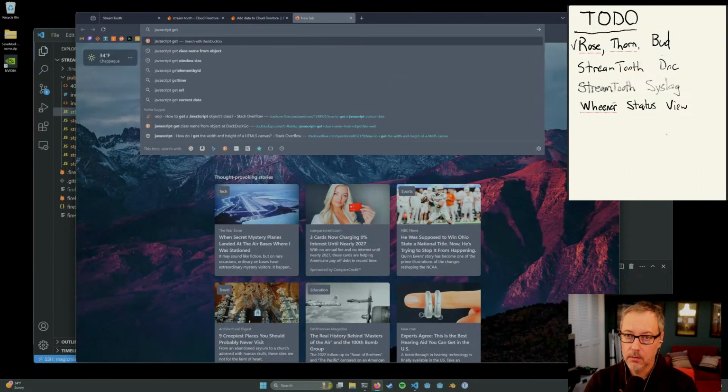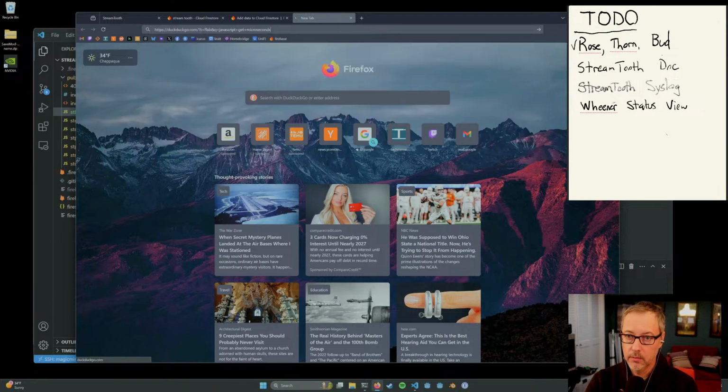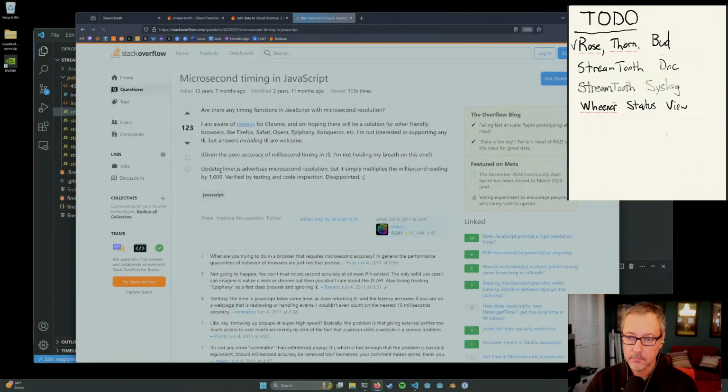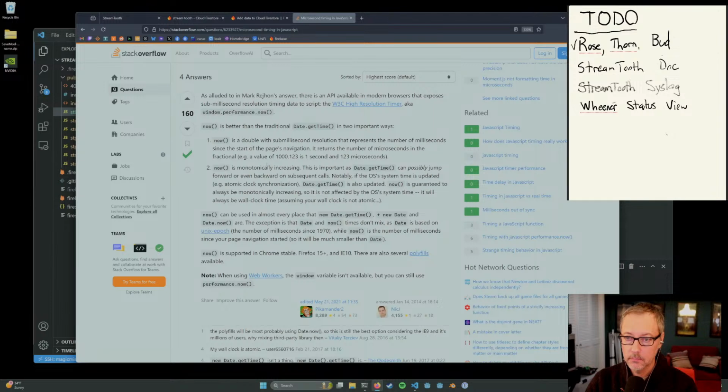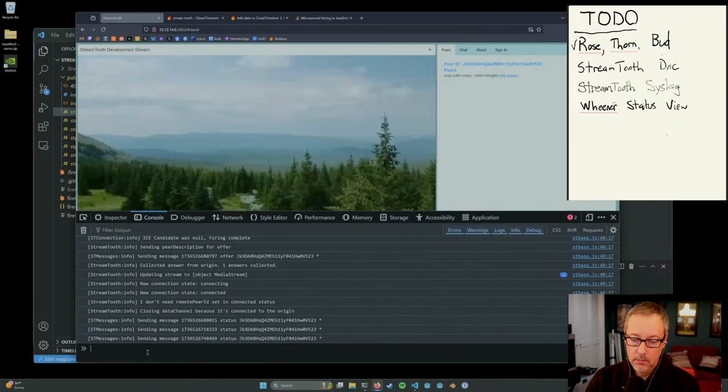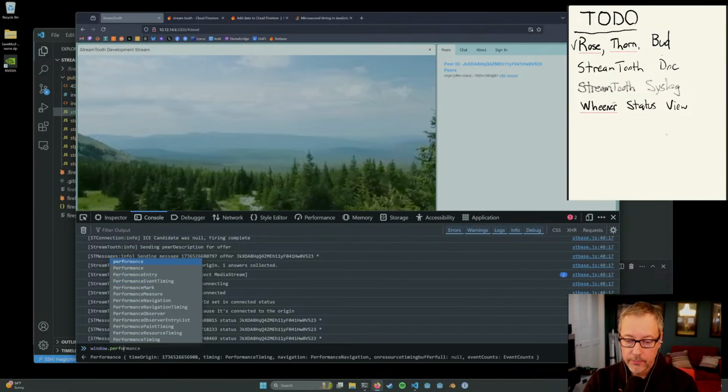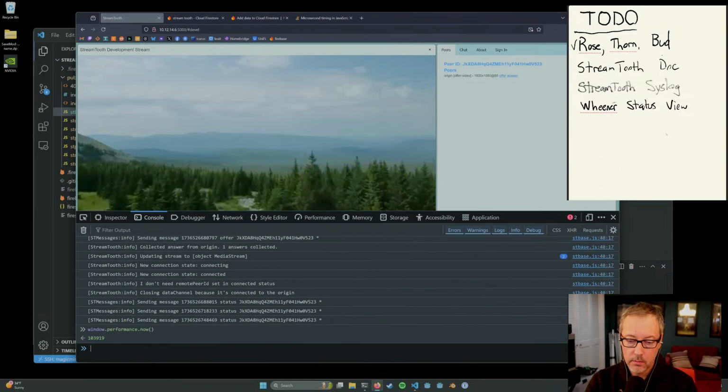JavaScript, get microseconds. window.performance.now? Okay, let's take a look at that. window.performance.now.